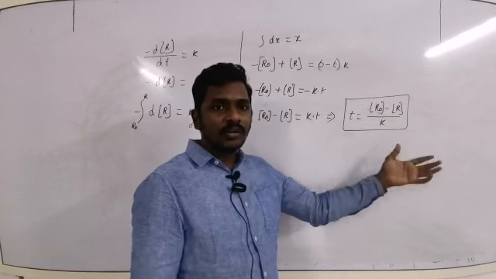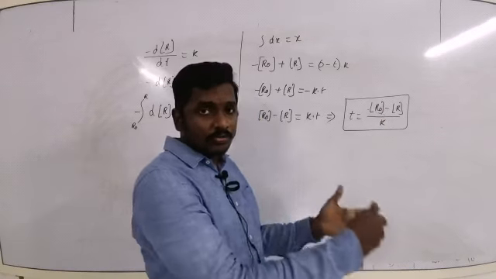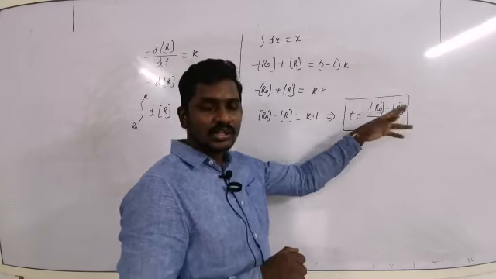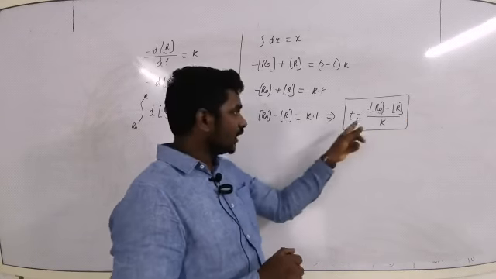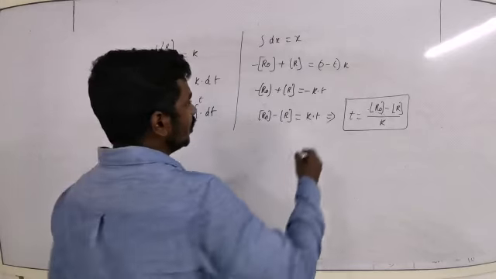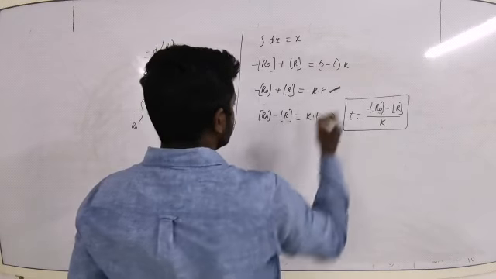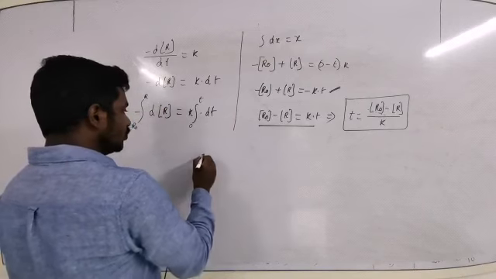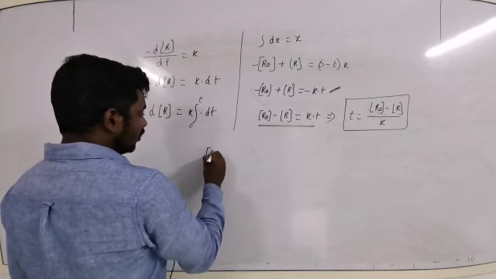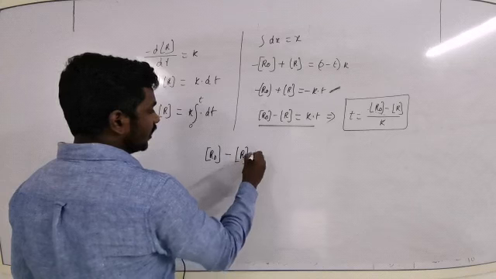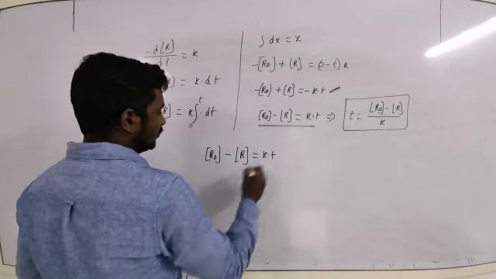Concentration of reactant left over you will come to know by the amount of product formed. When you come to know the amount of product formed, then definitely you can calculate the concentration of reactant left over at that particular time. So to calculate the rate constant for this zero order, I am going to take this equation, this one. So initial concentration of reactant, that is R naught, minus concentration of reactant R is equal to K into T.